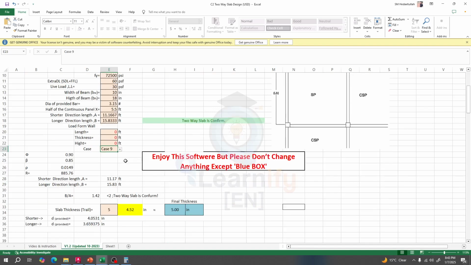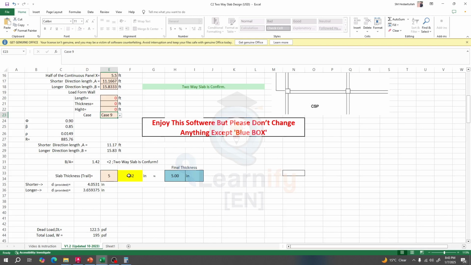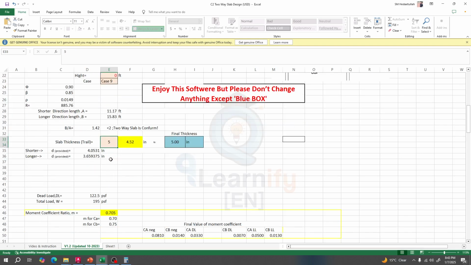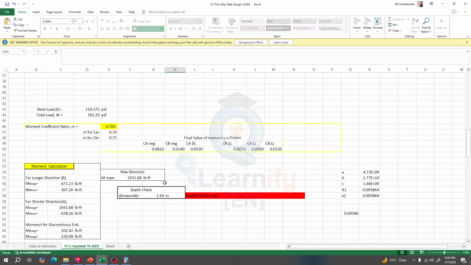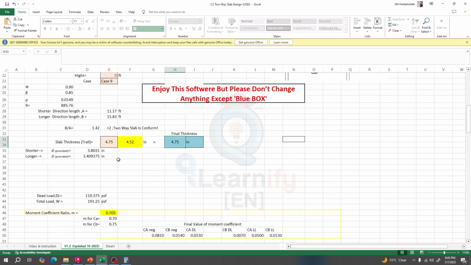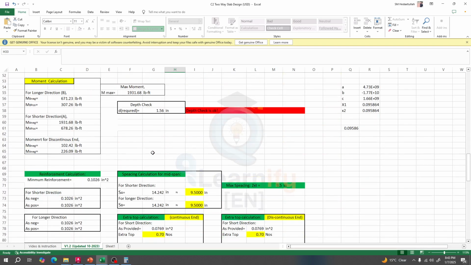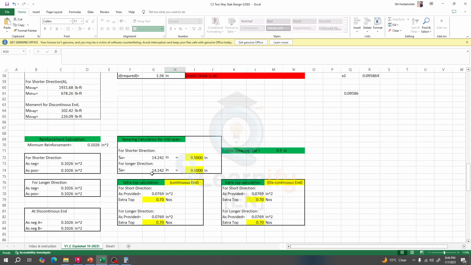Case 9. Clear? Everything is okay. Now here finally we have to change something. We're seeing that our thickness is 4.42 minimum thickness as per code. So if we go for 4.75, it's also okay, and I'll check here, depth check is okay. Okay, 4.75. So our final thickness is 4.75, and for 4.75, if we come here, our reinforcement here is